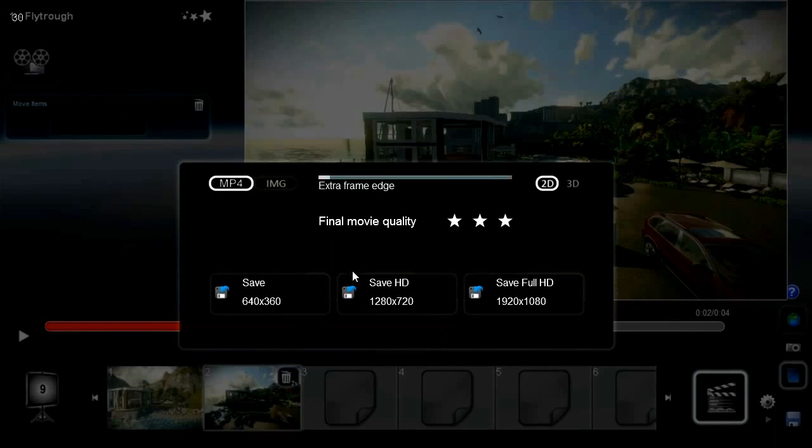At the top right you can enable 3D output. When this option is enabled Lumion outputs stereoscopic movies. Finally you select one of